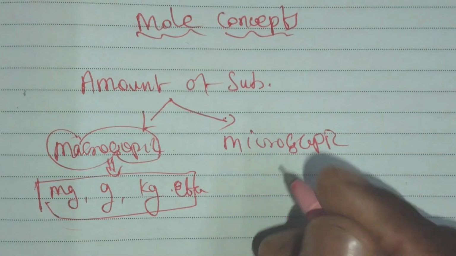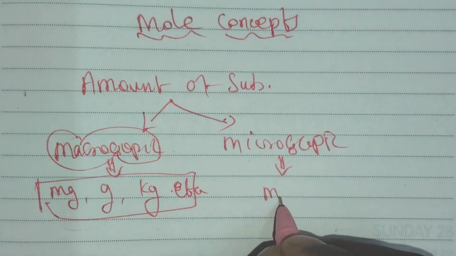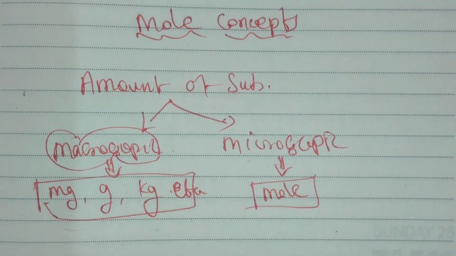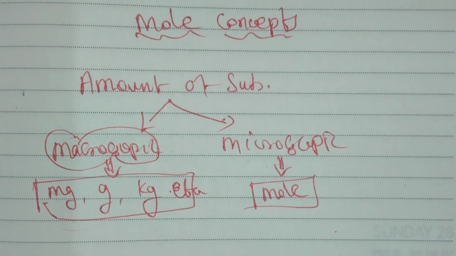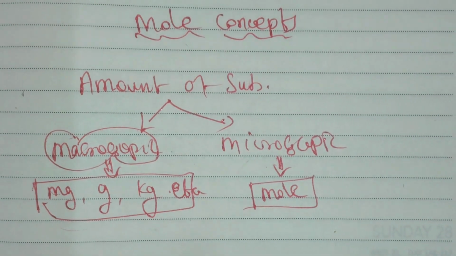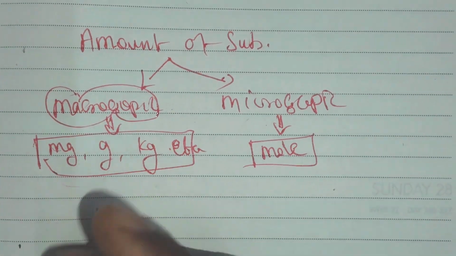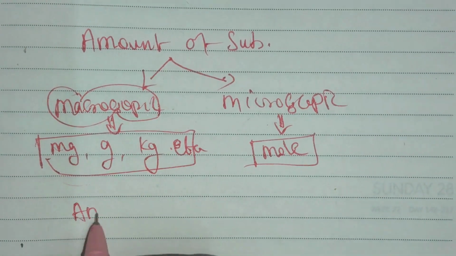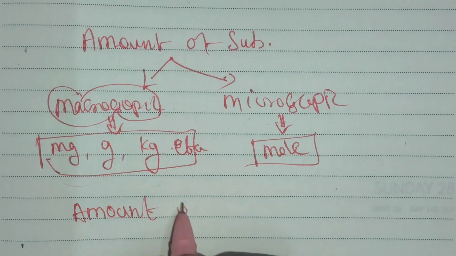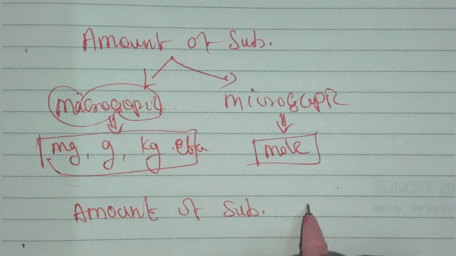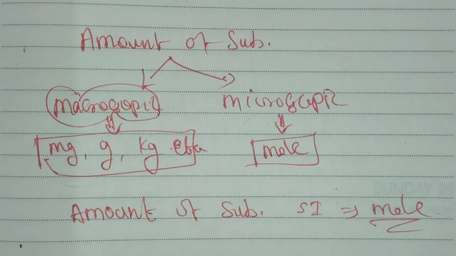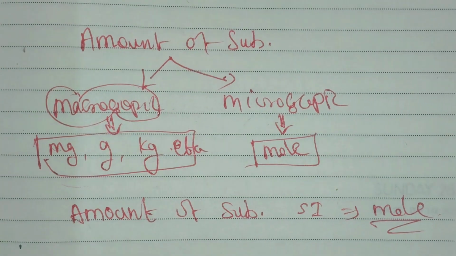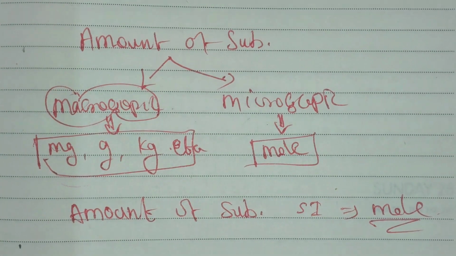But in the case of the microscopic level, we use the mole. The mole is simply the unit for counting entities at the microscopic level. The SI unit for the amount of substance is the mole. The mole is the amount of substance containing as many particles or entities as